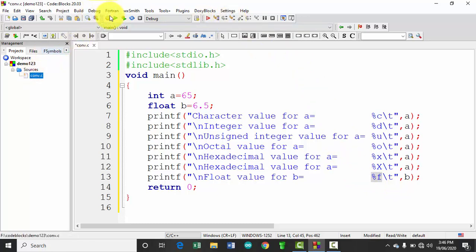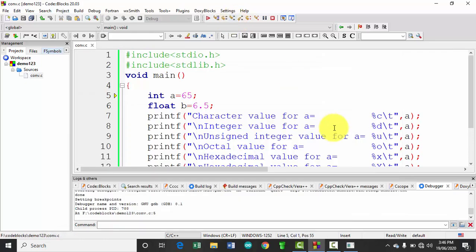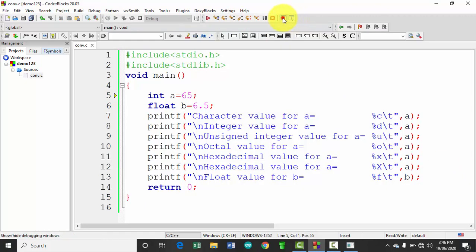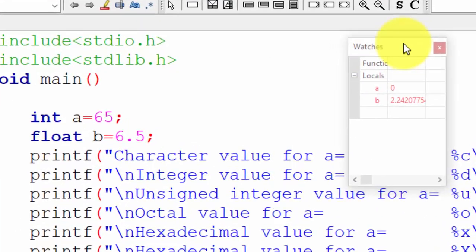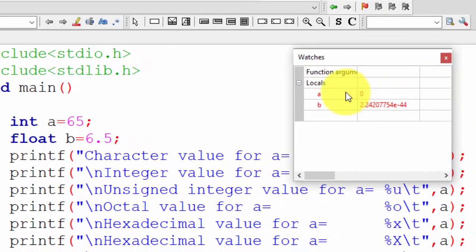So first select, again compile it. Build. So let us check, as we have used two different variables, variable a and variable b. One interesting thing that we are getting here: the value for a is 0, but for b we are getting 2.24 something.